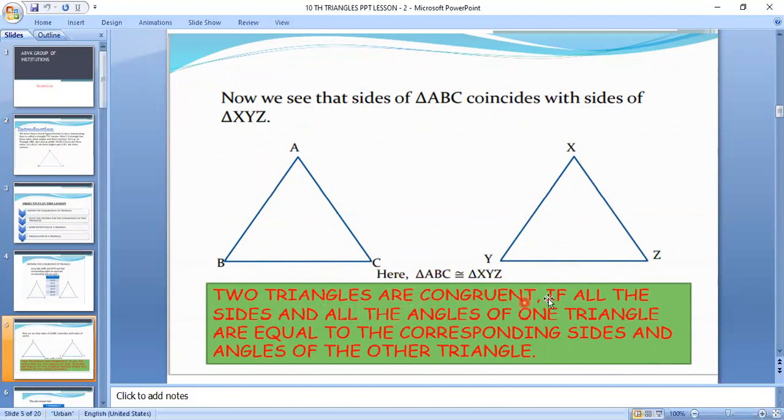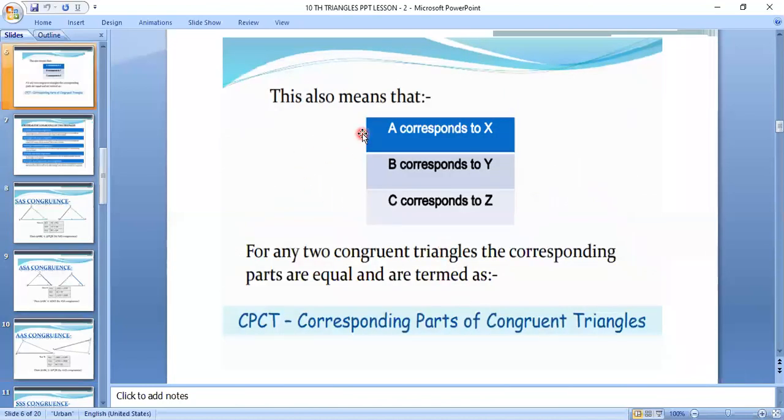Two triangles are congruent if all the sides and all the angles of one triangle are equal to the corresponding sides and angles of the other triangle. This also means that A corresponds to X, B corresponds to Y, and C corresponds to Z. For any two congruent triangles, the corresponding parts are equal and are termed as CPCT. So what is CPCT? Corresponding parts of congruent triangles. Next,